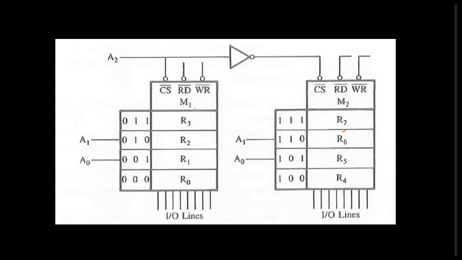To select these 4 registers, we need 2 address lines, A0, A1, and the same are connected here, A0, A1. So what happens when both A0, A1 are 0, 0? Okay, so this R0 also gets selected, R4 also gets selected. So we need to select any one of the two registers, not both.